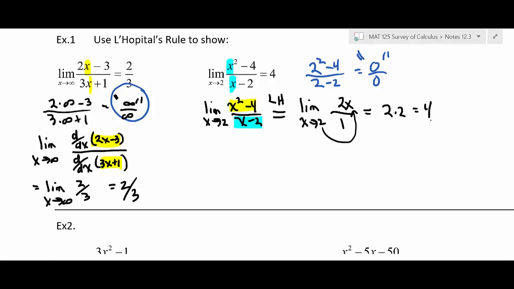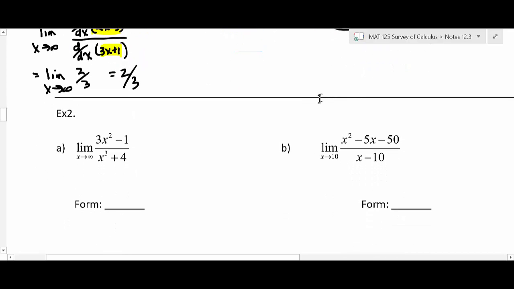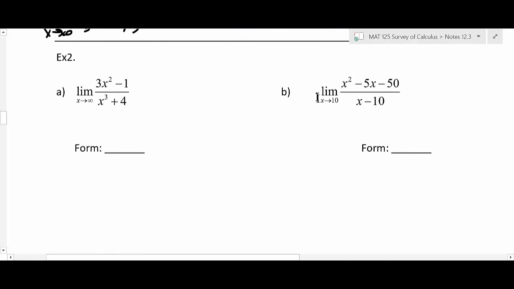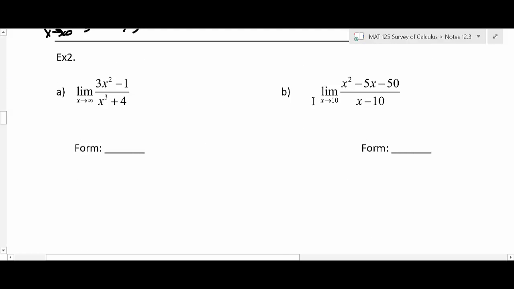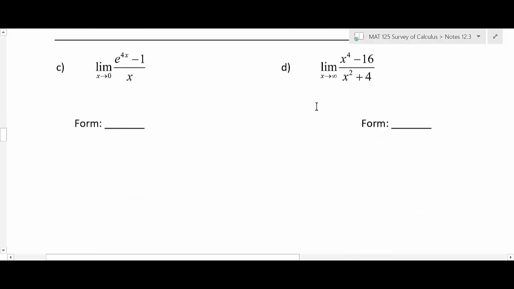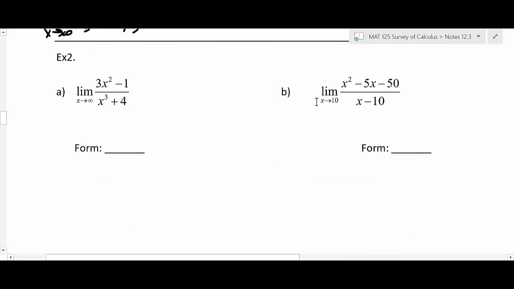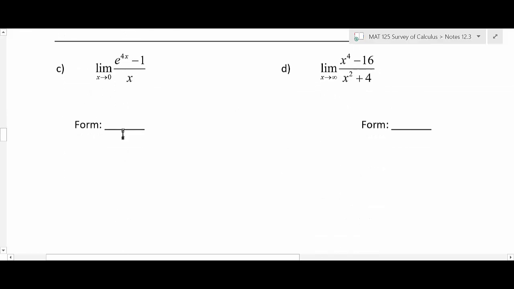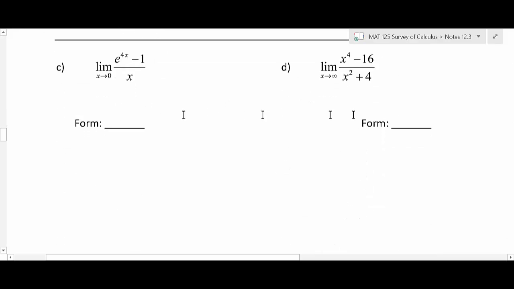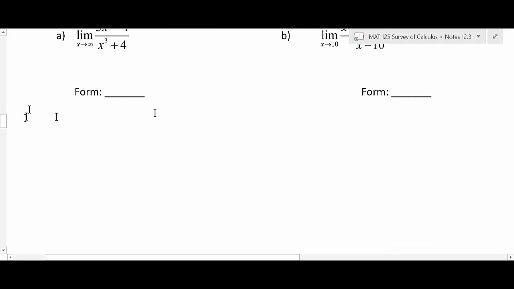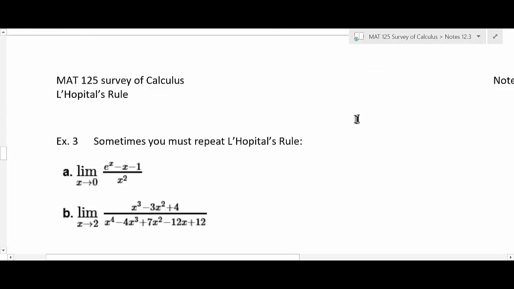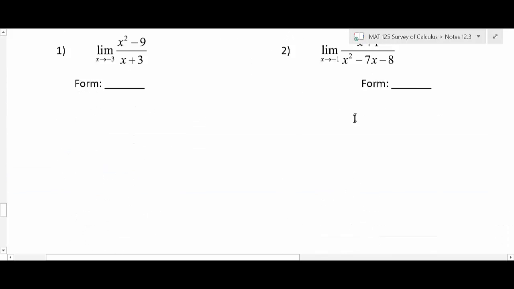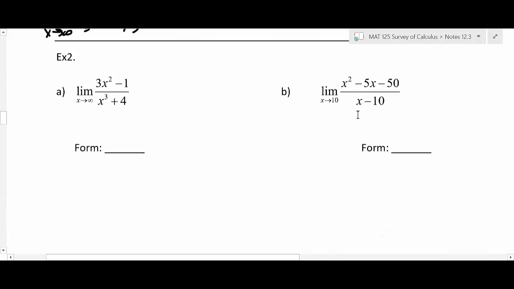Let's do a few more of these exercises, and I'll give you a chance to do a few of these. Let me go through A and C, then I'll let you do B and D. That way we're doing one of each here. So first of all, on A,